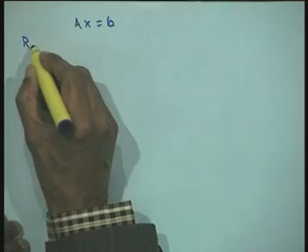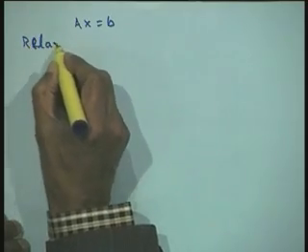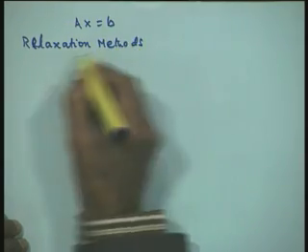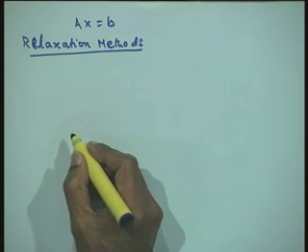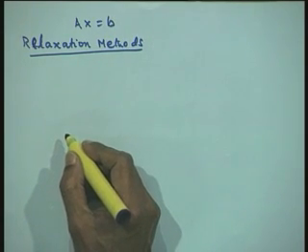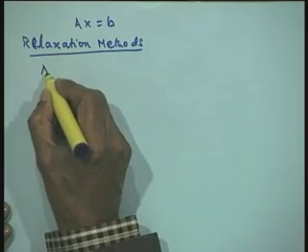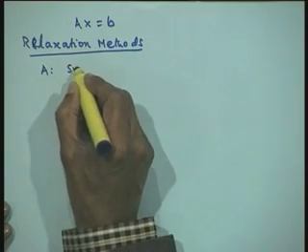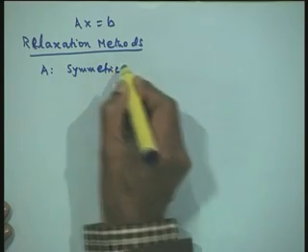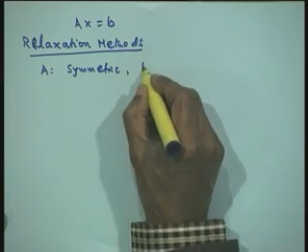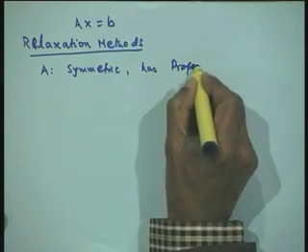In this direction, we have what are known as relaxation methods. So, we will discuss the relaxation methods. This is a generalization of the Gauss-Seidel method. Originally, the method was discovered when the matrix A has special properties: one, that it is symmetric, and two, it has what is known as property A. I will define what property A is.